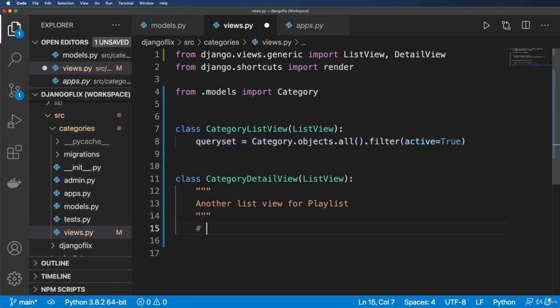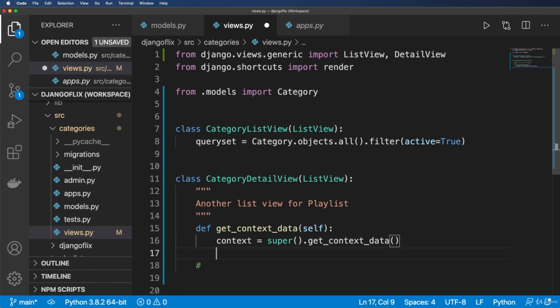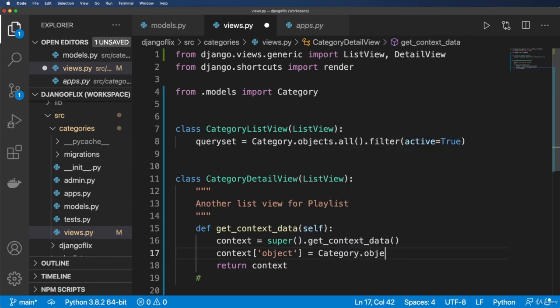So the very first thing that I'm going to do here is define get_context_data, and it's going to take self, and then we'll just go ahead and do the context is equal to the superclass get_context_data, and return that context. So the reason I'm doing this is because in here, I'm going to pass in the context of objects, as in what is this category going to be. So Category.objects.get(slug=